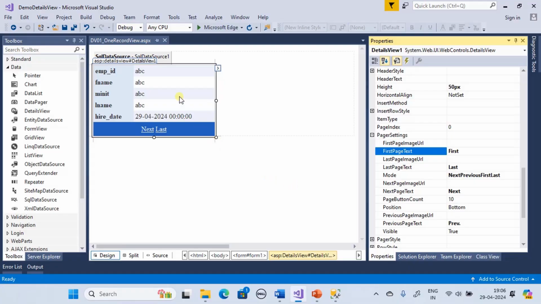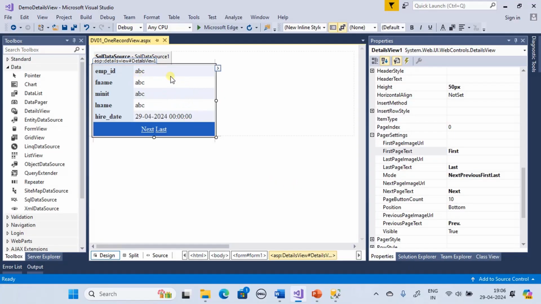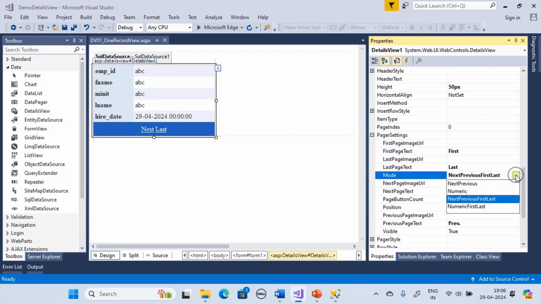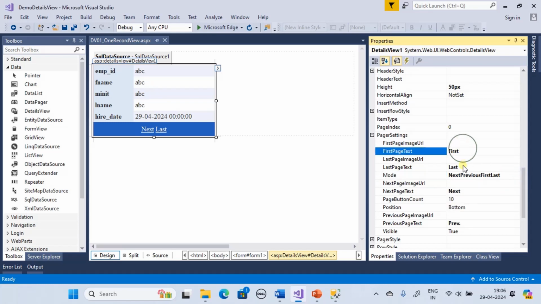So customizing it is simple. If you see here, under pager settings, we set these bold text properties. First, we changed the mode from numeric to next, previous, first, last option. Then we changed the first page text as first, last page text as last, and these are all the changes we did. Right, now